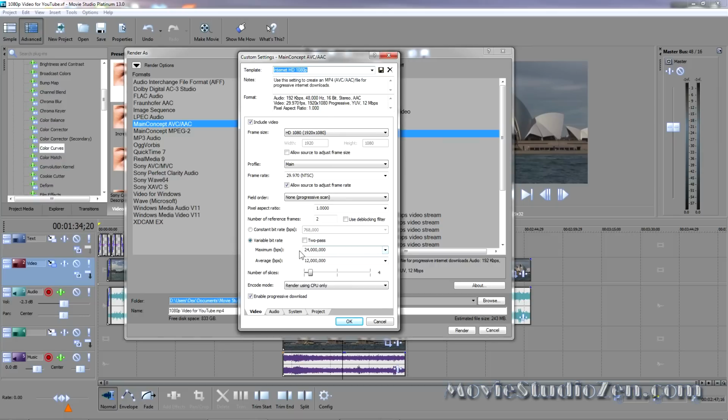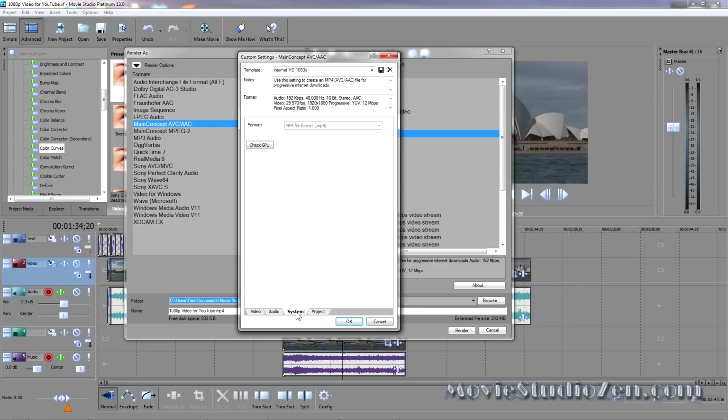But the most important thing in this window is the encode mode. By default, it's set to CPU only. But before you change this, go to the System tab and press Check GPU. If you have a compatible graphics card, you'll get an output here.